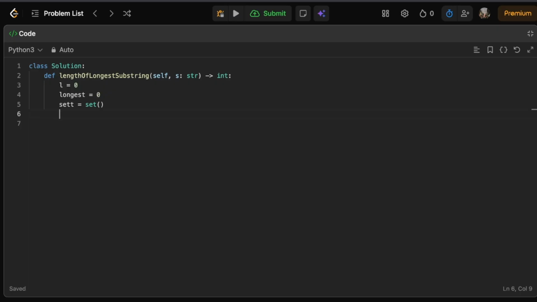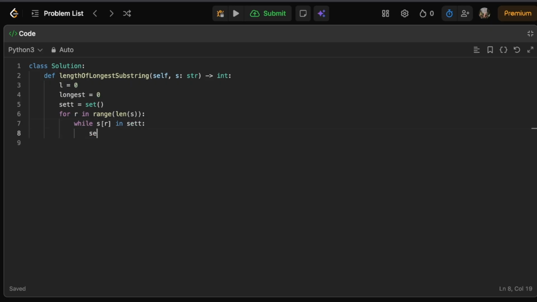So we can have an R pointer starting from left to the end, and while the window is invalid, that is, the character at the R pointer, S of R, is already in the set,